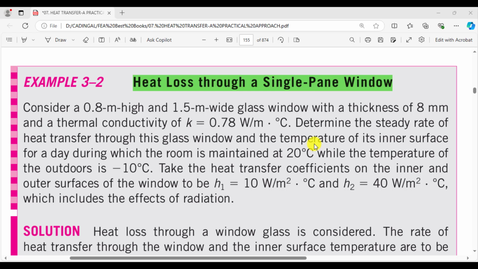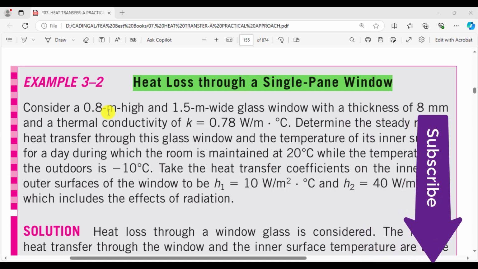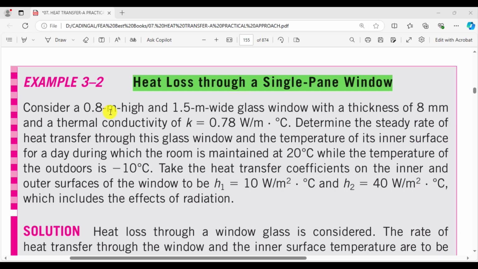Hello everyone. Our topic today is to calculate heat loss through a single pane window that is made of a glass material. First of all, read this problem statement carefully, and then you will perform the simulations with SolidWorks. And in the last, we will compare the hand calculations as well as numerical simulation values of heat